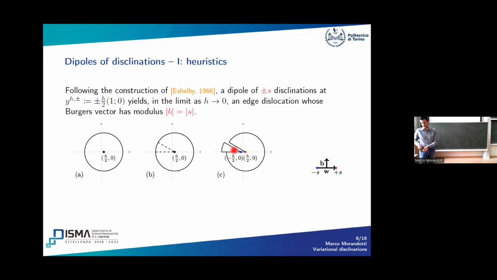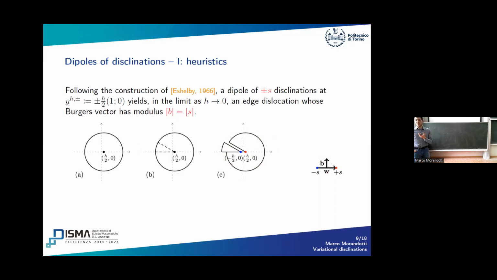So the two lips that are separated up here must be glued together. And then in the limit when h tends to zero, say the vector that identifies the joining between these two lines, which in this picture will point somewhere in the direction of the first quadrant, will sort of become vertical. So if the original dipole was oriented as e1, then the Burgers vector will be oriented like e2 when we take the limit as h goes to zero.